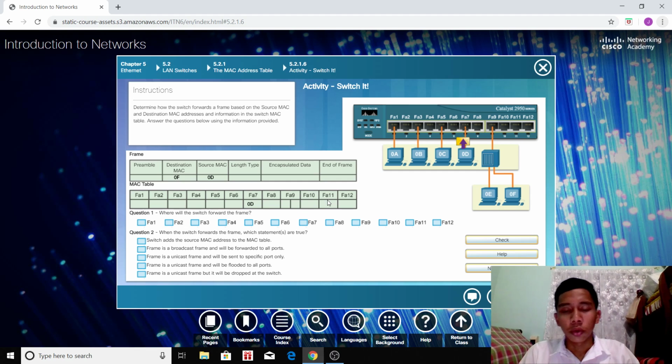So 0A is connected to FA1, and then 0B is connected to FA3, then 0C is FA5, and then 0D, which is the source MAC, is connected to FA7, and then the hub is connected to FA9. Okay, question 1. Where will the switch